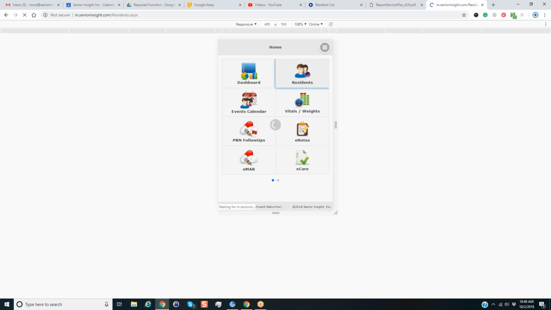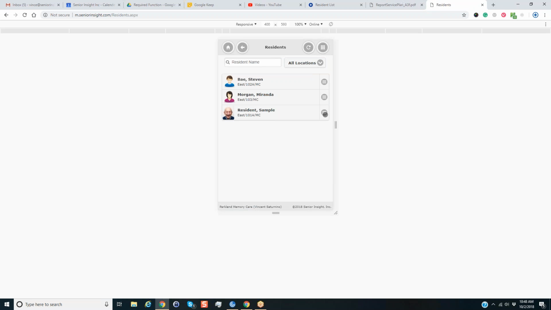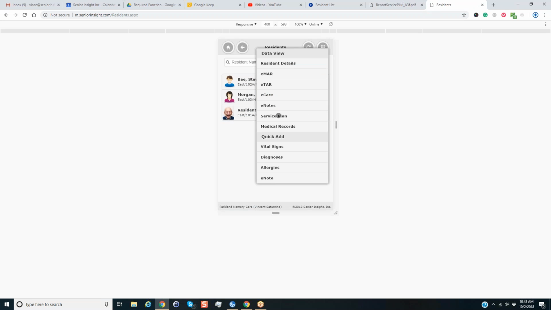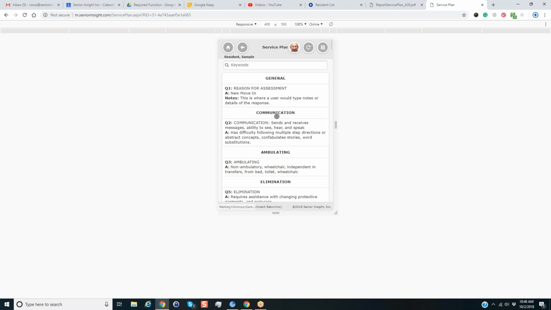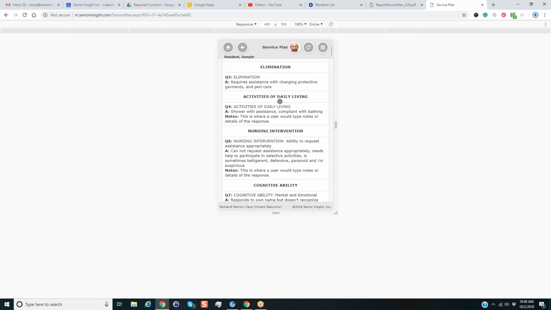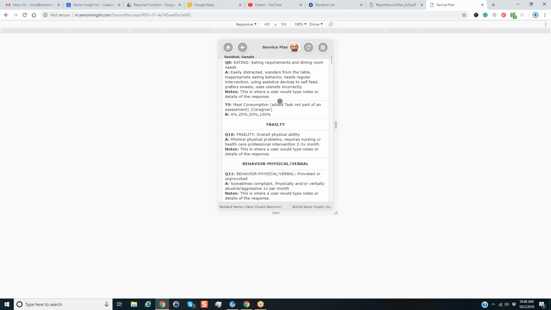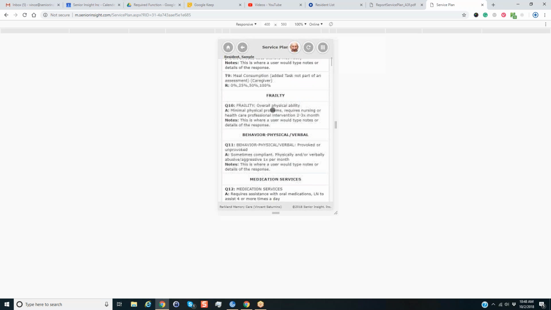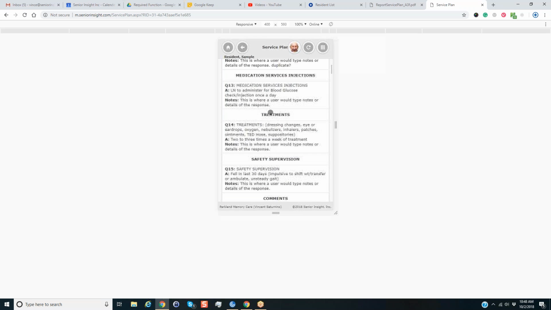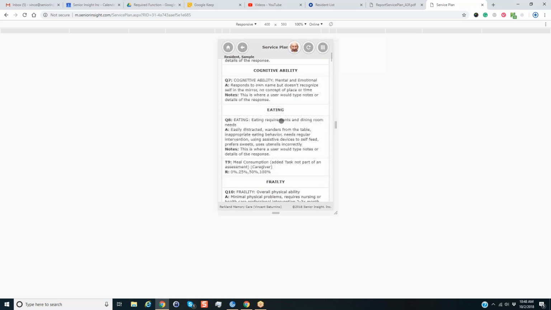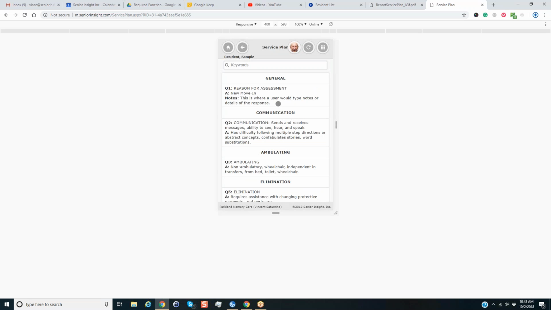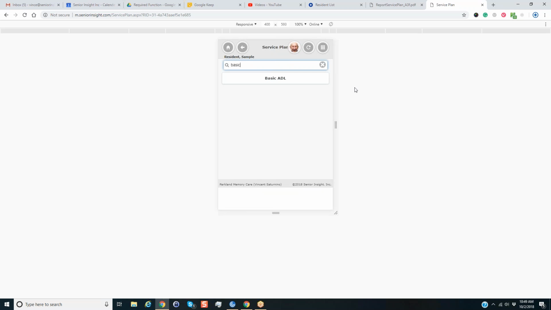Look at the resident information. Here's our resident. Let's just say we want to look at the service plan. This is just a data view that the staff can take a look at. Meal consumption, frailty, whatever they need to do with incontinence. We'll add some navigation in here, but if it were basic ADL,